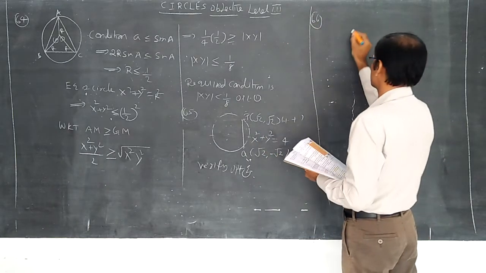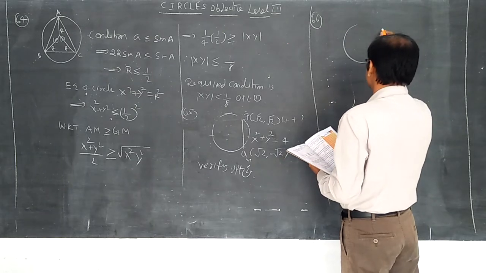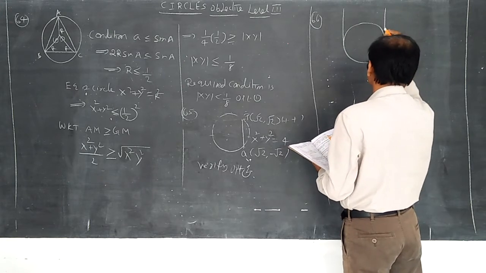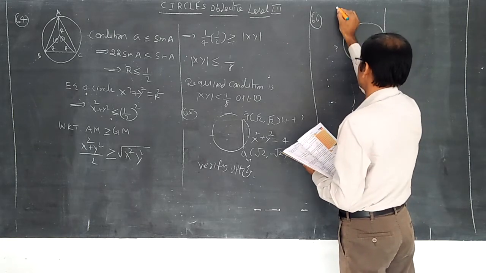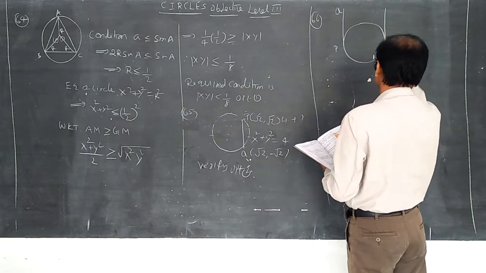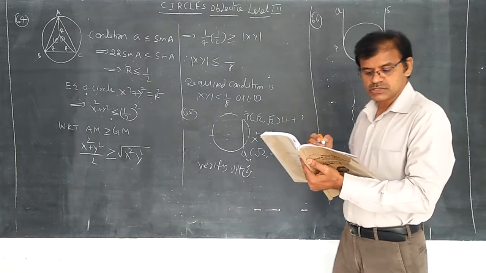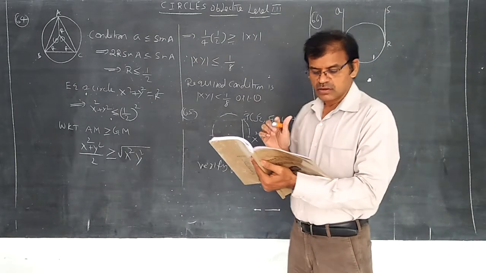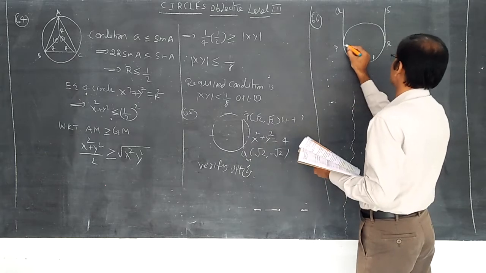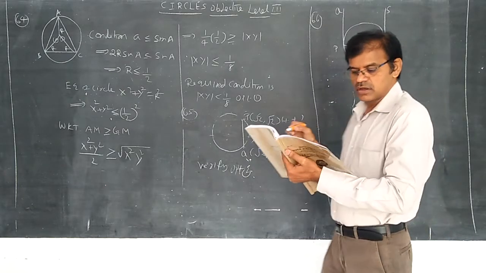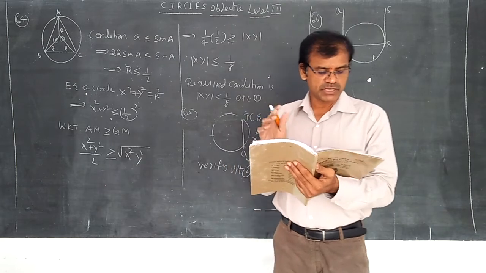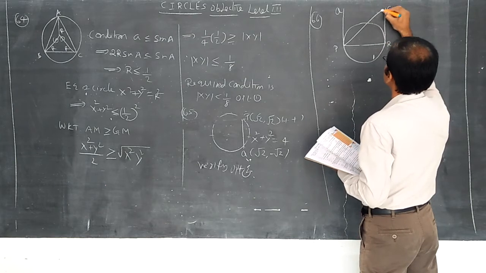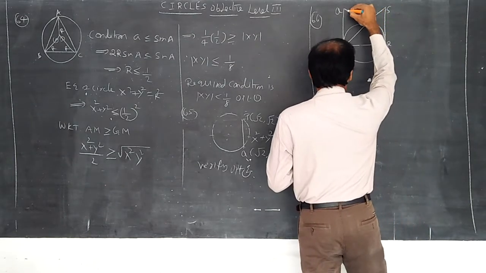PQRS are the tangents at the extremities. Draw a circle like this, and like this. This is P, this is Q, and this is R, this is S. PQ and RS are tangents at the extremities of the diameter PR. Draw like this, diameter PR of a circle of radius small r. If PS and RQ intersect at point X, join PS like this, and join QR like this.